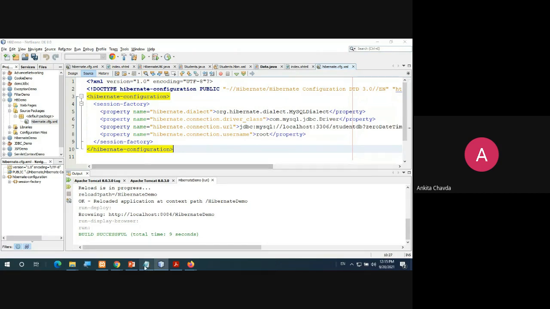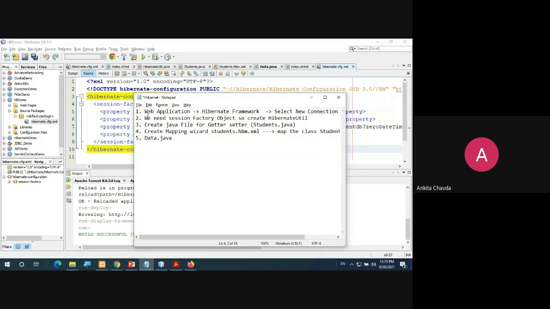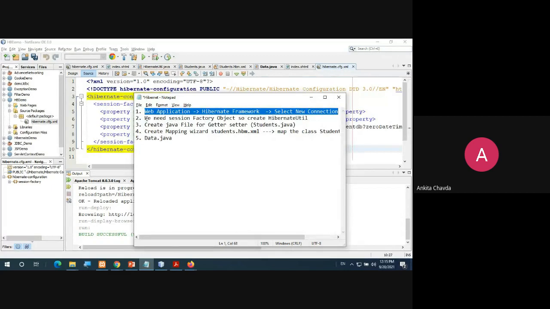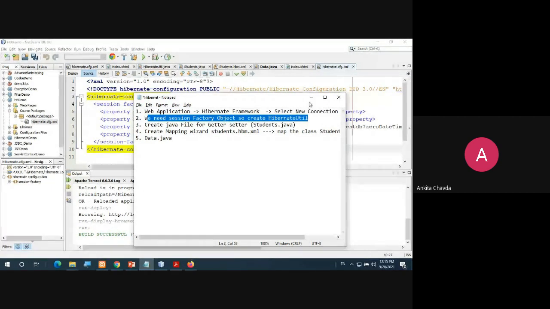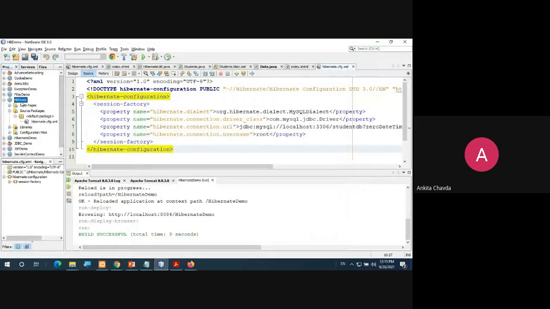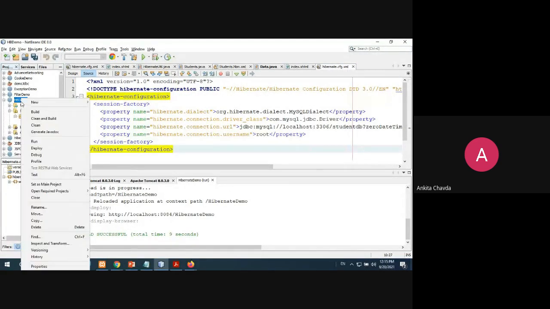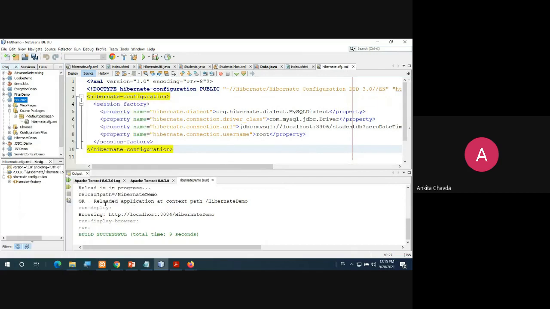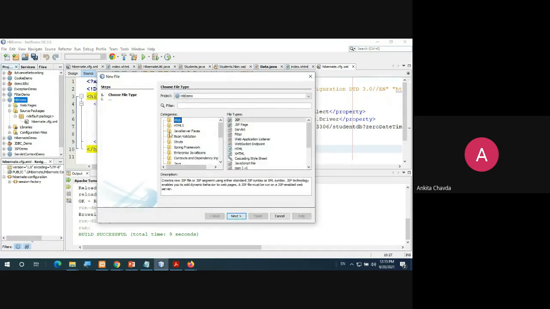Now the next task: we have created this web application with the Hibernate framework, selected the new connection and all, that you have done. Now we need the session factory object. For that, right click, New, go directly to Other. Here we have Web, HTML, JavaServer Faces and many things.